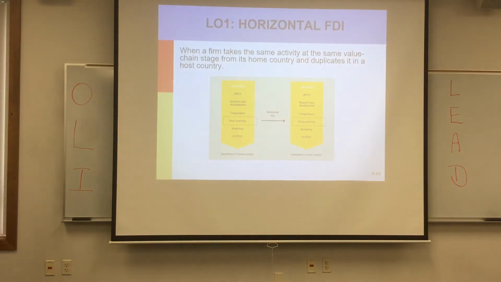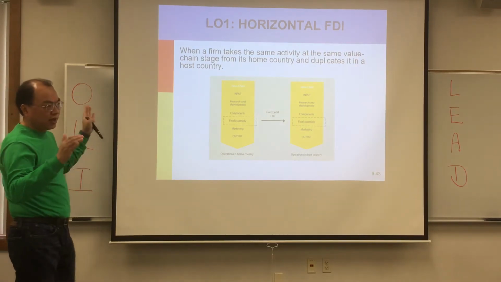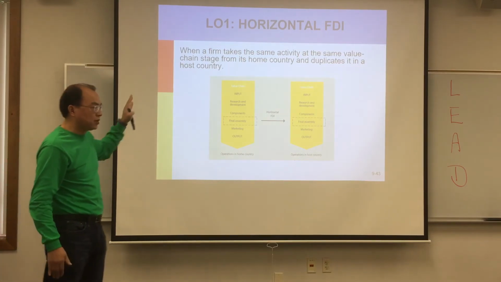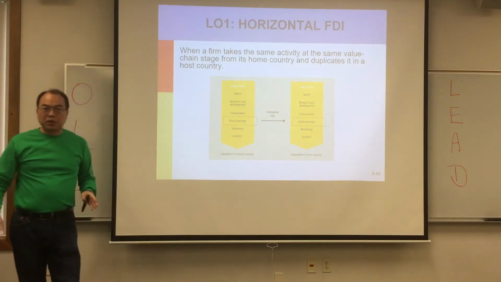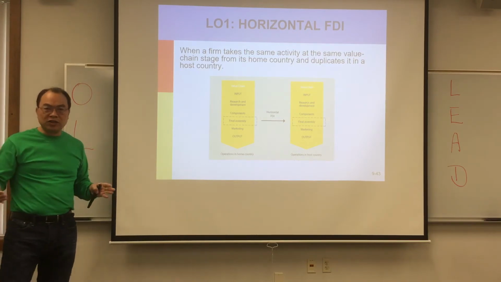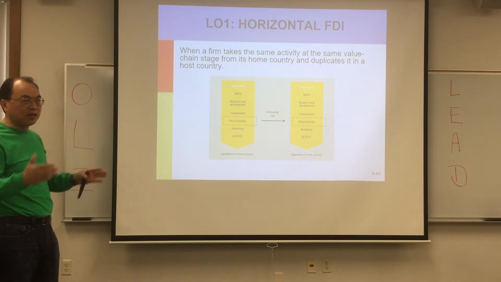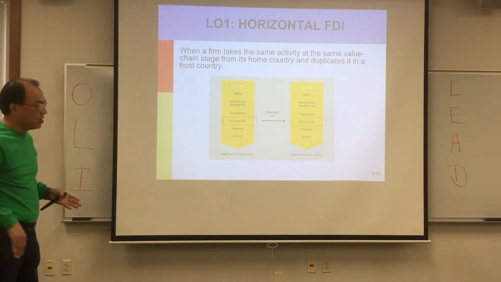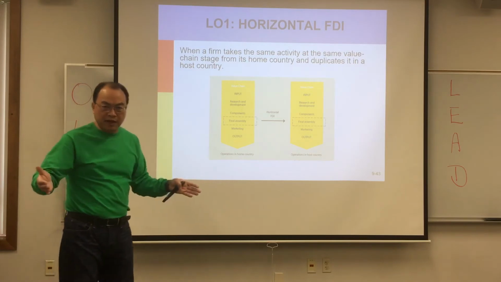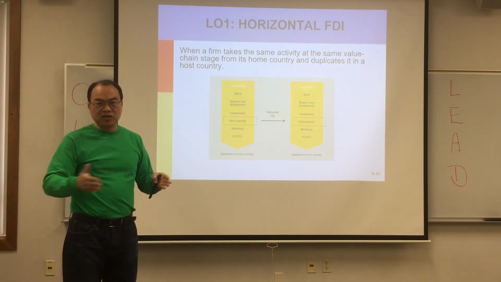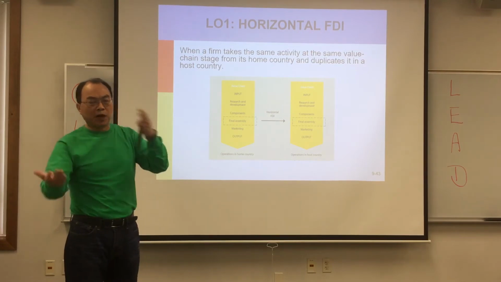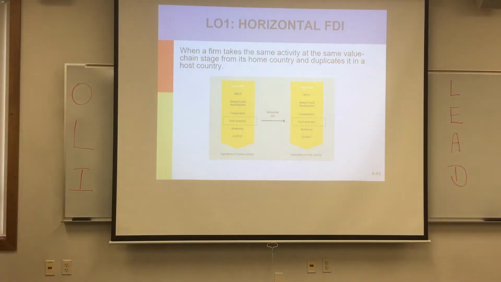So basically, when you do foreign direct investment, you could do horizontal. Horizontal is like the Chinese Lenovo, the number one notebook maker in China. But in 2004, they acquired IBM ThinkPad because they wanted to also be big in the US. Of course, IBM ThinkPad was losing money, so IBM wanted to dump it, and the Chinese were happy to buy it. We call this horizontal because you can go to many different countries. That's exactly what Lenovo did.